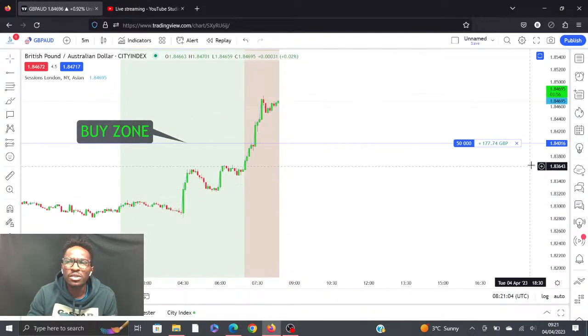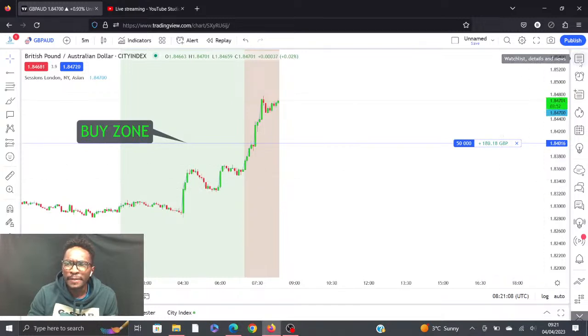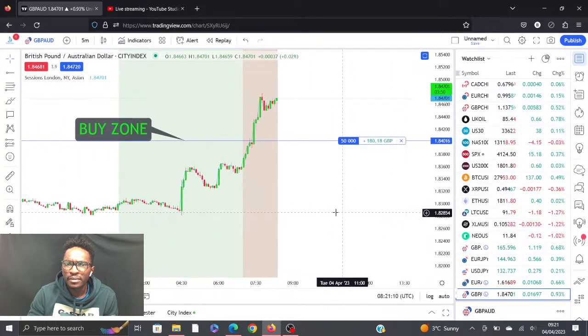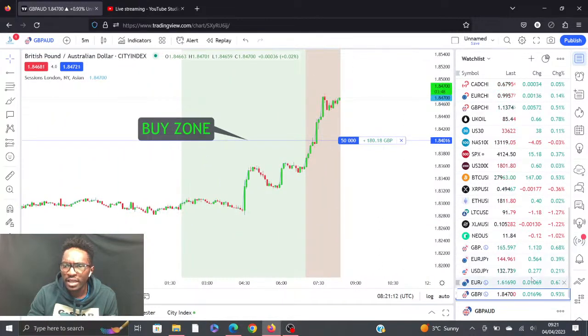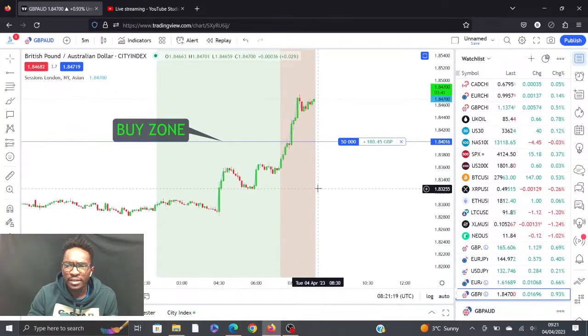And sometimes you don't really get that much volatility when it's a non-farm payroll week. But yeah, let's see how these three trades are gonna pan out. If you're just joining me, I placed a buy order on this trade about 2 hours ago, and